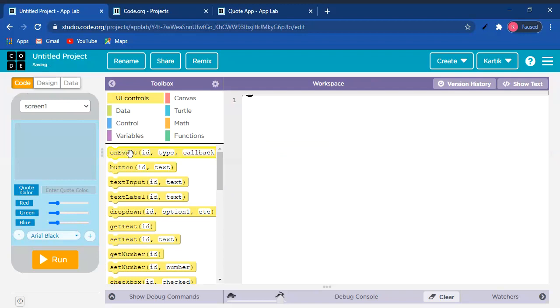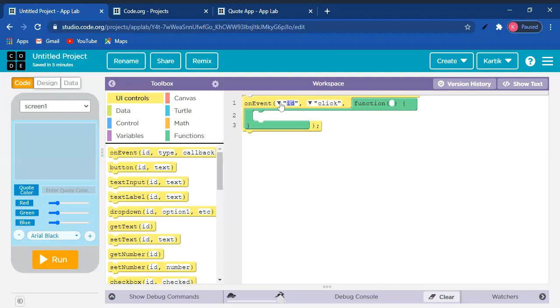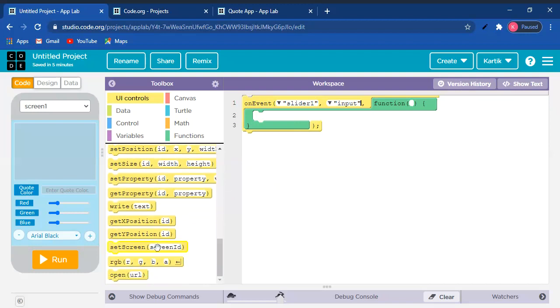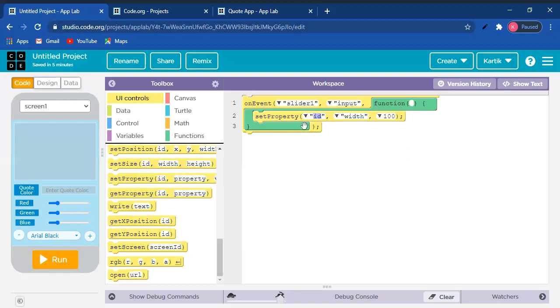So now first I'm going to drag the on event block. Here I'm going to write on event slider 1. Here I'm going to change this to input. On event slider 1 input. I'll scroll down now and I'm going to drag the set property block from the toolbox. I'm going to change its ID to